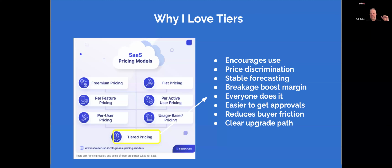They never use exactly 1,000 units. It's usually some small fraction of that. And what that means is you're getting breakage. You're essentially selling some capacity that is not actually being used. That in turn can boost your margins, which is why a lot of SaaS companies that are really smart about their pricing have relatively higher gross margins, in the 60 to 80% range. Now,